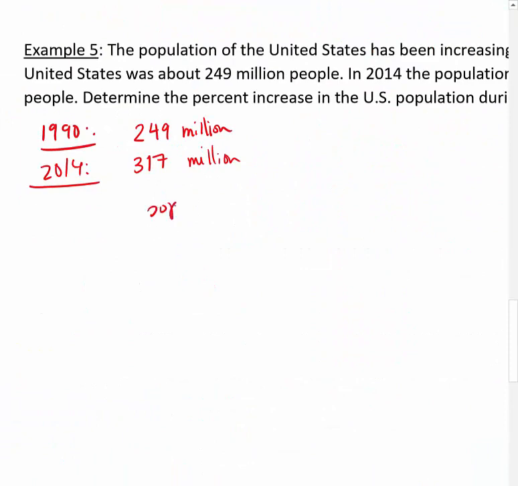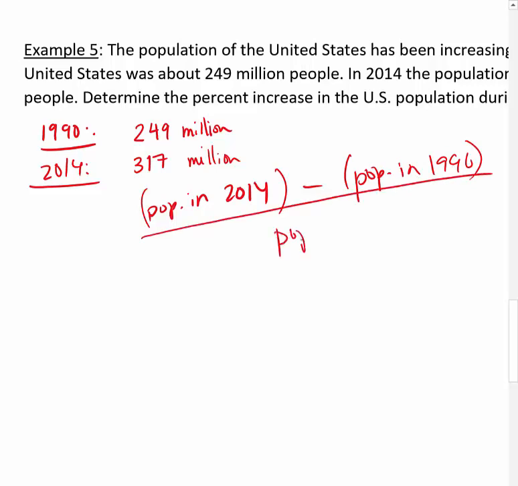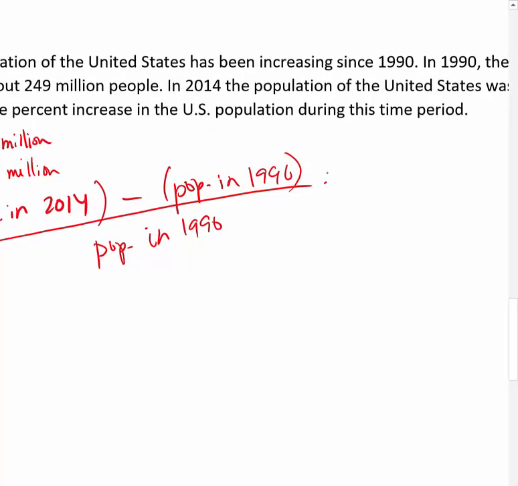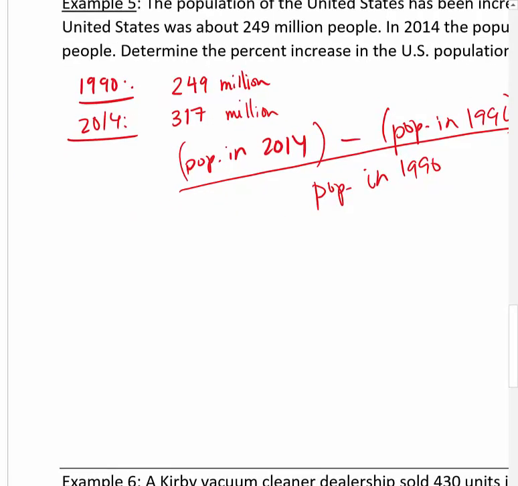So it's going to be population in the most recent year minus the population in the previous time period we were talking about over the same thing we just wrote, population in 1990. Once we get that, it's going to be a decimal number, so we'll multiply it by 100% to get a percent. But the formula, just to remind us, it's the amount in the latest period. I guess in that, time-wise, that means the most recent year. And then here the amount